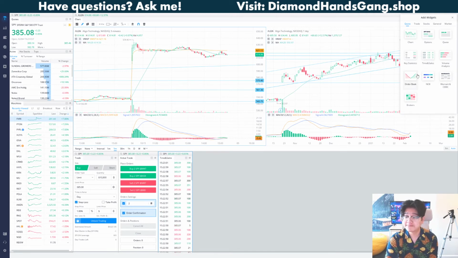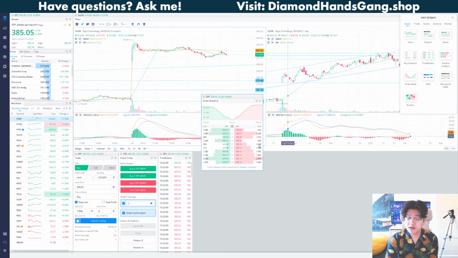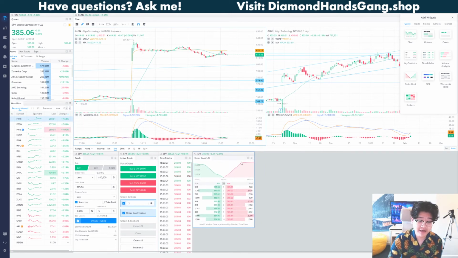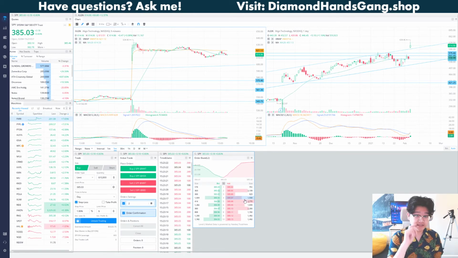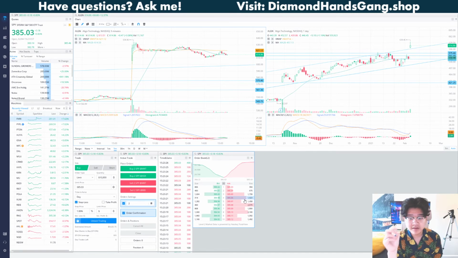There's also the order book, the level 2 data. This is what I look at constantly. The level 2 data just shows you what current orders are out there right now. So right now we're trading at 385.05, but it also shows you there's a sell order at 385.08, you know? So usually when day trading, it's especially helpful when you see a huge order that's out of proportion,